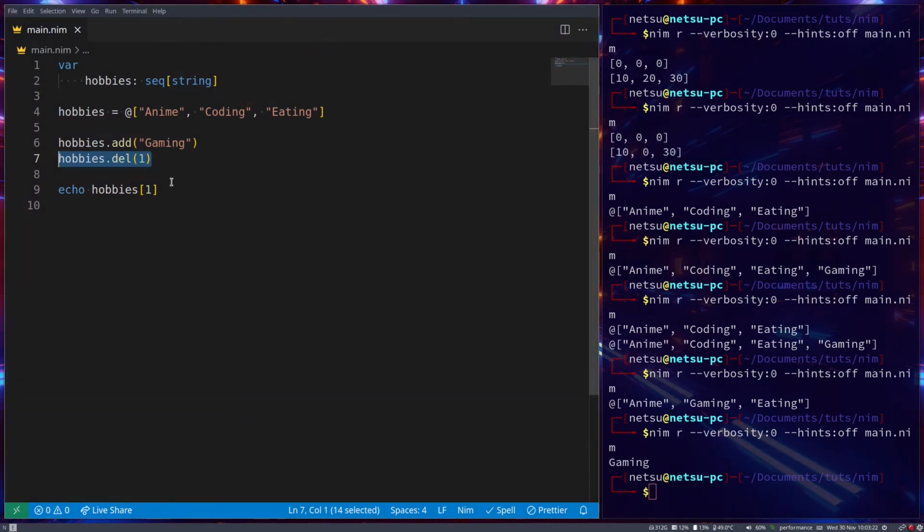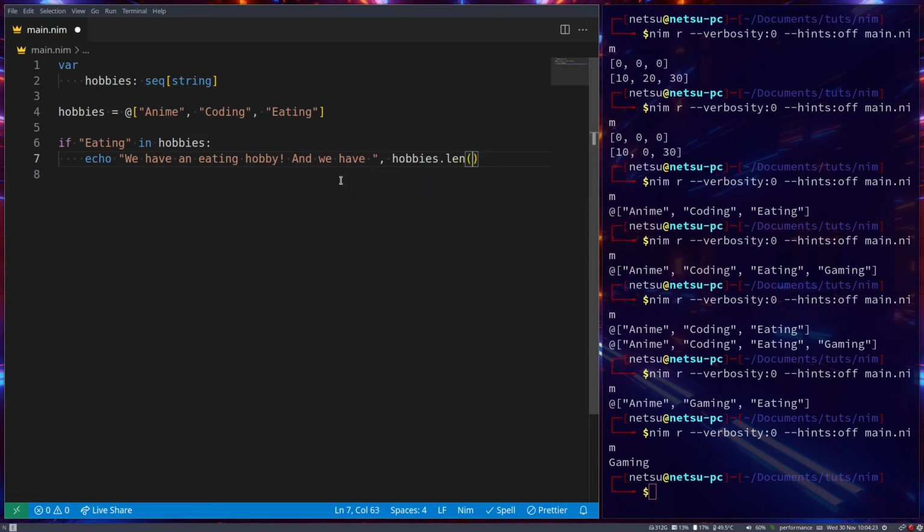And just like with an array, we can also check if there's an item inside of them. So if eating in hobbies, then echo, we have an eating hobby. So you can still check this value, and take note it is case sensitive, so this is not the same as this. This is a capital E, this is a lowercase e. They're not the same. Take note, I'm putting a capital E here. Anyhow, so we have an eating hobby, and we can also add